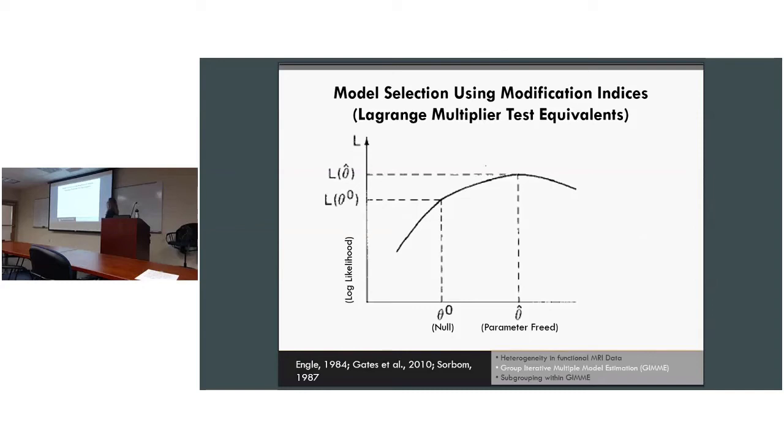We do it in a forward stepwise procedure. So we start with a model that has no paths, and then we open up paths that are going to improve the model statistically for the majority of the individuals. So in this way, it's not going to be influenced by outliers. If one individual is going to be improved really greatly by a path, but all others are very small, then when you average that together, it can still be quite a large effect. We don't want to be driven by outliers, so we just take how many people this path, if opened up between two regions, will improve the model.